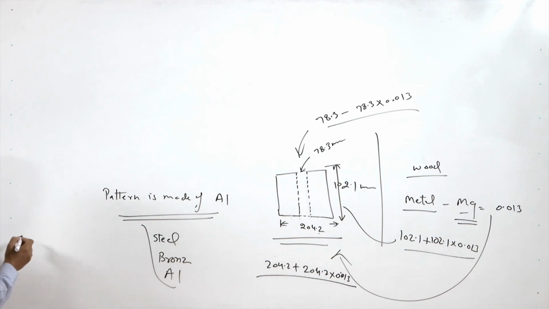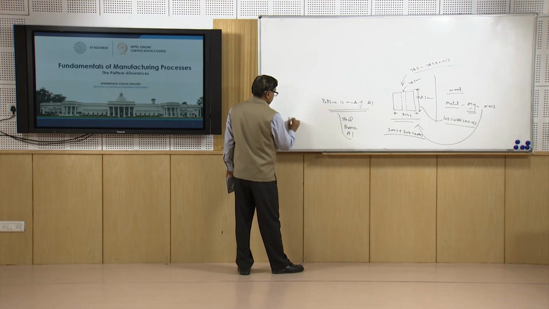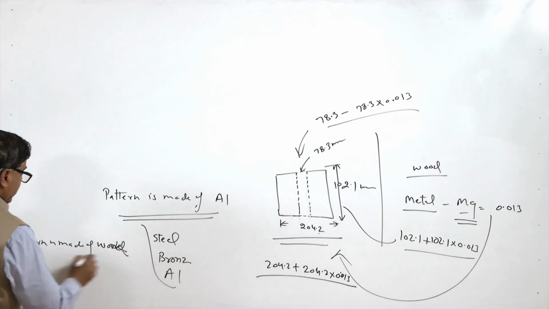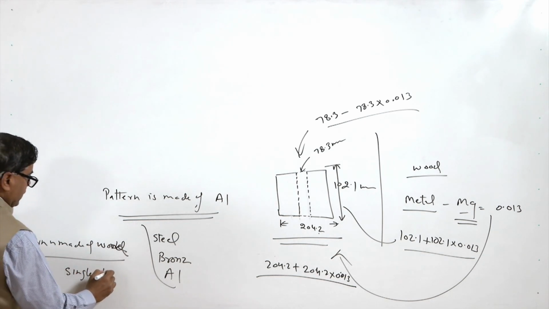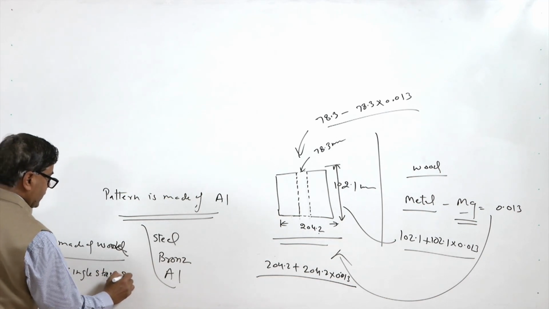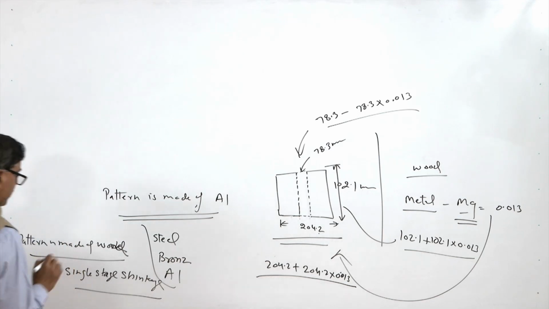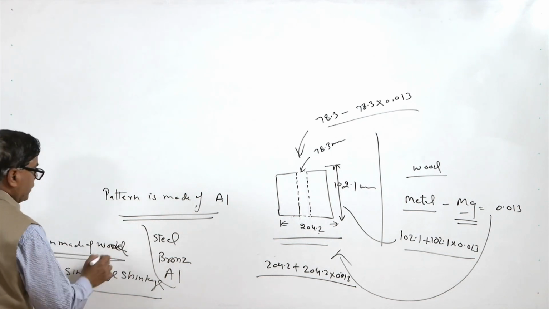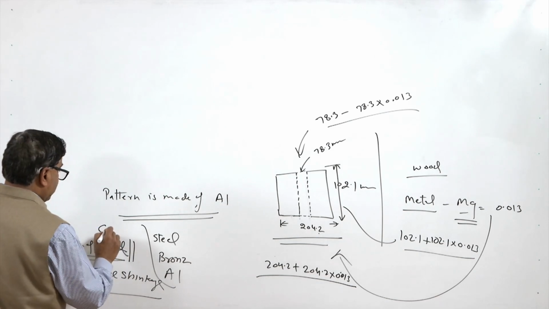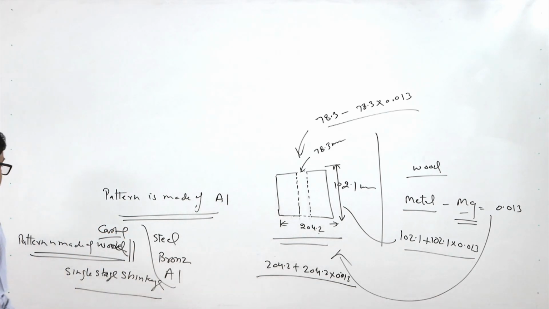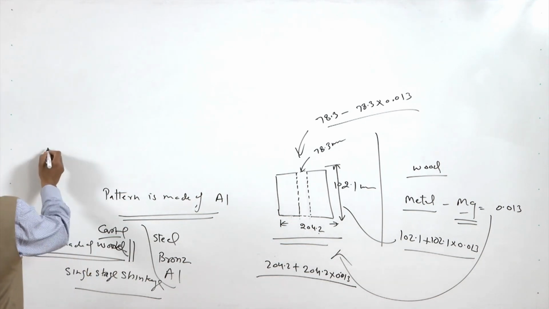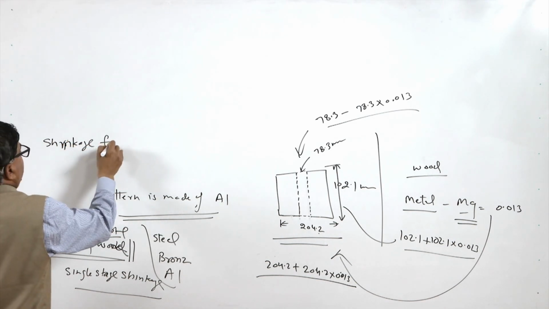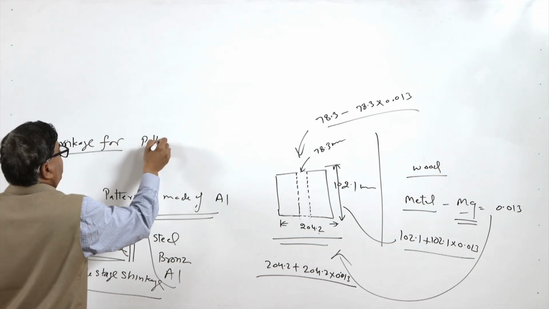So, this will be used when first the pattern is made of wood, in this case single stage shrinkage is given, but if the pattern is to be made of the metal, then in case of the wood we will be considering the metal of the casting to be used, but if the pattern is to be made of the metal, in that case first of all shrinkage will be calculated for the pattern material,